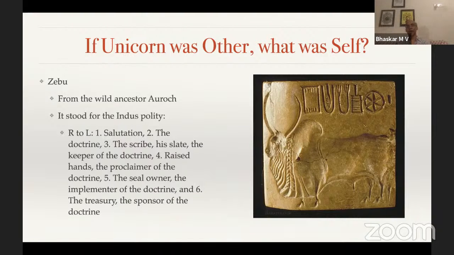All of that can be seen in that depth and magnitude and in that clarity, and such elements are seen only with the zebu. With the unicorn, we are likely to see more of ivory and pearls and boxes and crates of something of mercantile class information, whereas here we see the higher level administrative class information. Of course, the zebu is outnumbered by the unicorn. I think the unicorn is 70% of all Indus symbolism on seals, and the zebu is less than 1% or something like that. But this is like the situation that we have with crows and peacocks today. The crows are the majority, but the peacocks are the national bird. So the zebu is the peacock of that time.